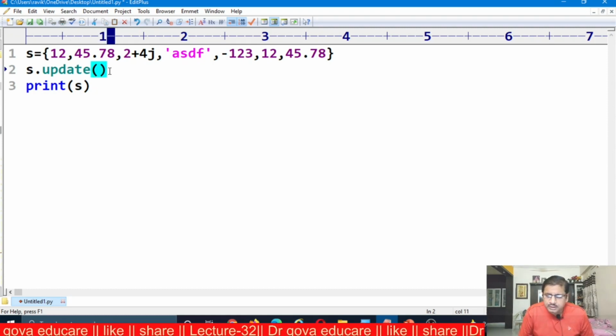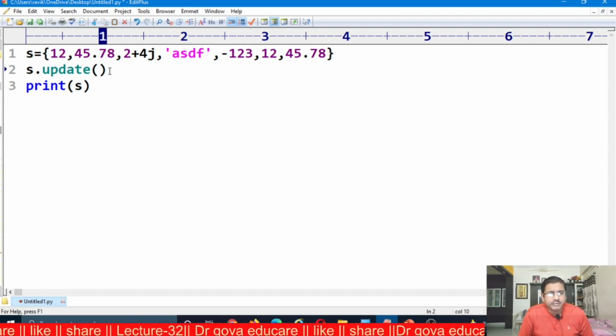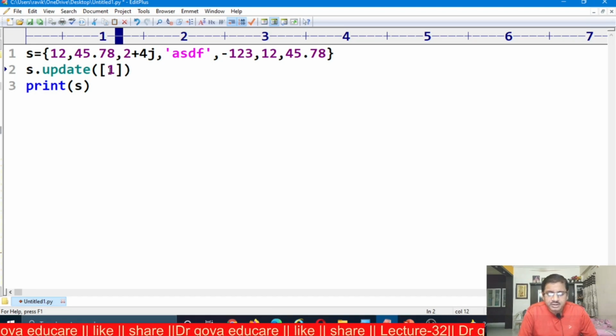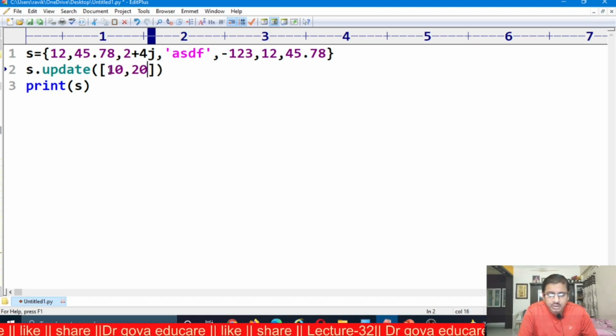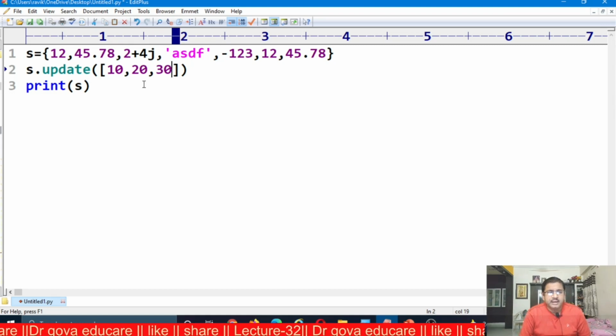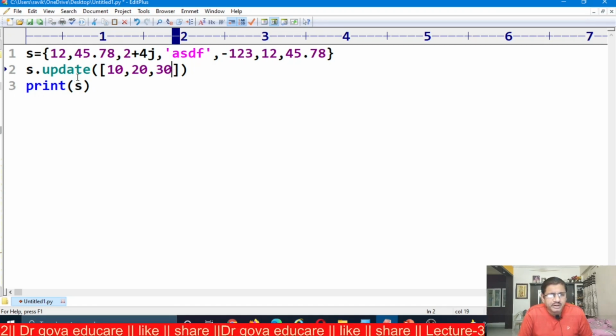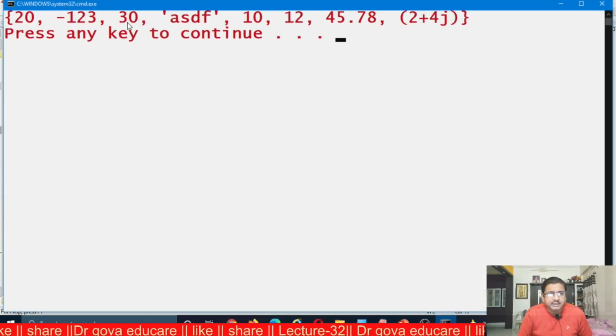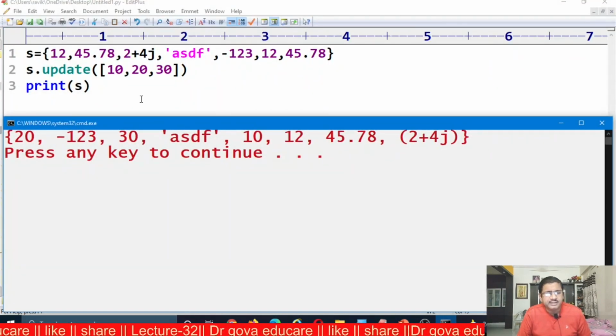Now the group of values must be an iterable. It may be a list, 10, 20, 30. I want to insert these values 10, 20, 30 into the set. Yes, I am using the update method. Now I am executing this. Observe here, 10, 20, 30 are added to the set.